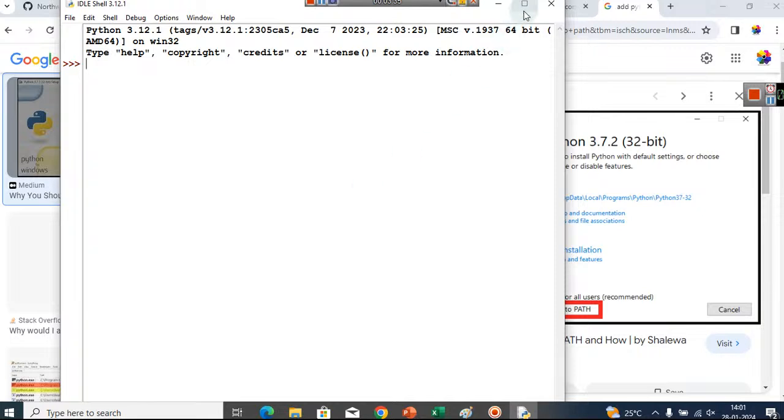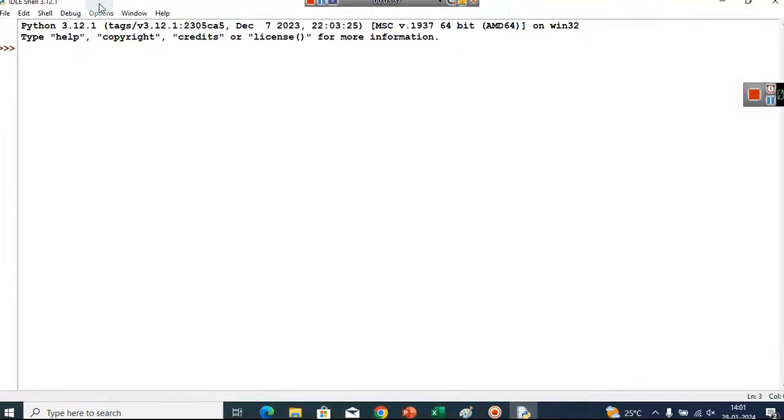Now this is called the IDLE shell. This is where we can write our Python code. And here you can see we have these three arrows. So here in the shell you will write some code.